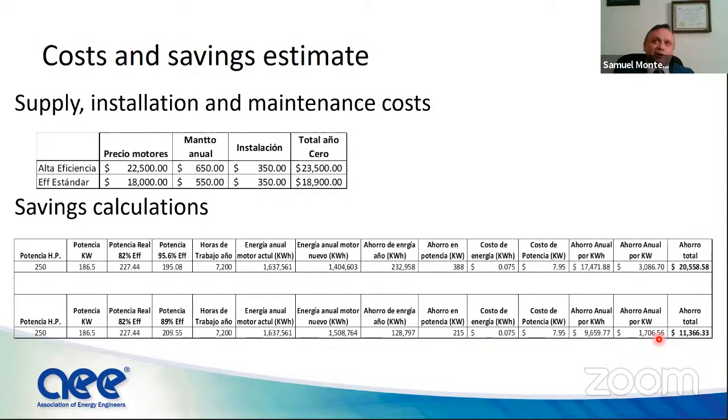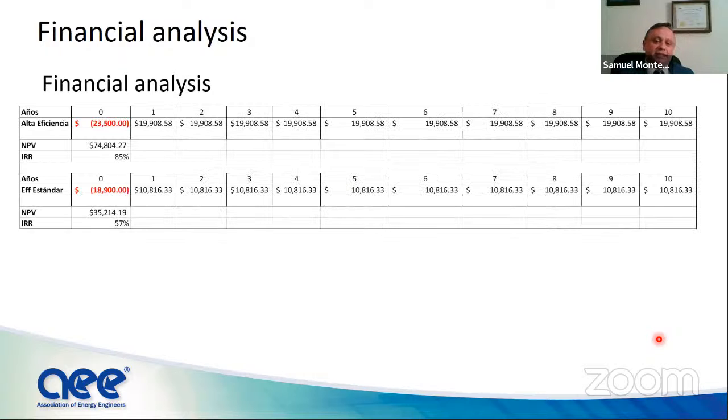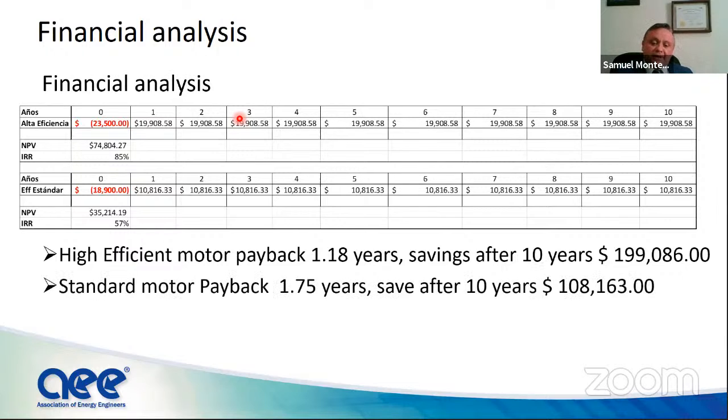The manager of procurement has a problem, but there is more. Financial analysis. If you look at the flow, it includes the maintenance for the 10 years. The high efficiency motor payback is in 1.80 years, saving after 10 years $199,000. Standard motor payback